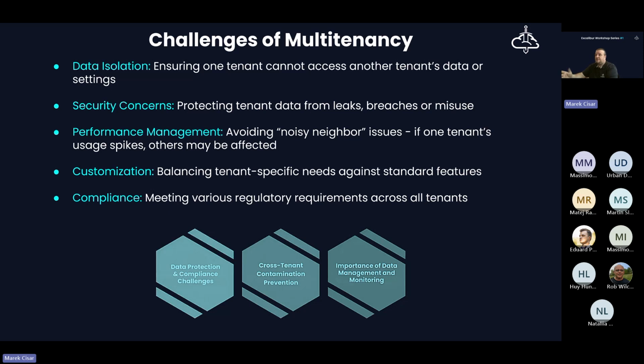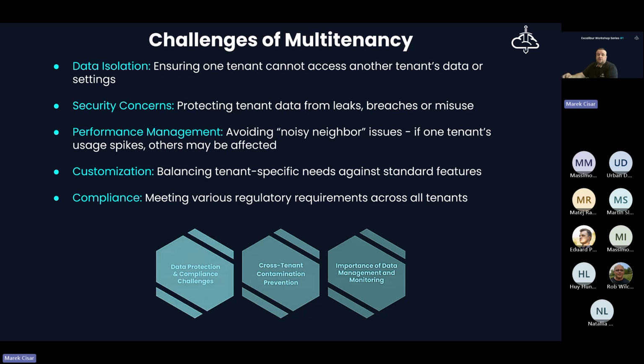So we are trying to avoid such situations, so the noisy neighbor is not able to affect the other tenants in any possible way. So we need to take care of the usage spikes, and also of the scaling itself.